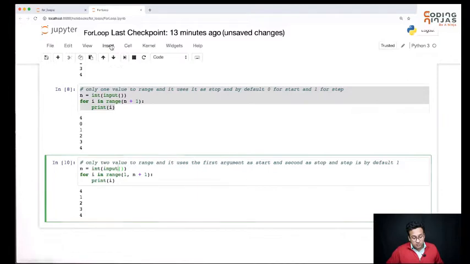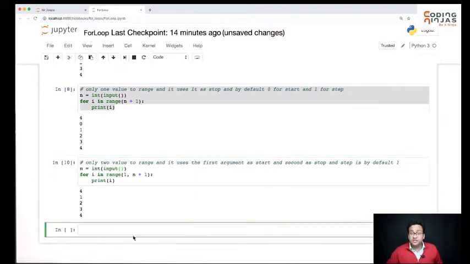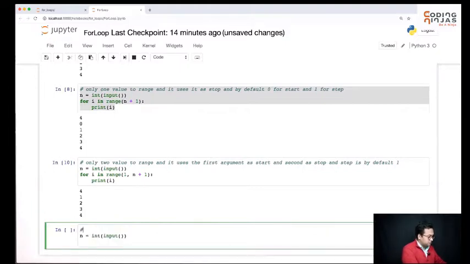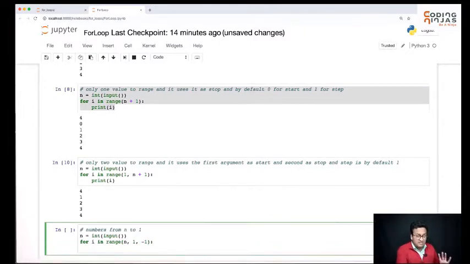Okay, so now let's just do one more thing. Let's try to print numbers from n to 1, the opposite. So I'll take input, numbers from n to 1, and now I want to start from n, so start will be n. I want to stop at 1, and I want to decrement by 1, so my step is actually minus 1. Again, there is a small mistake. We'll see what that mistake is. Let's print i.